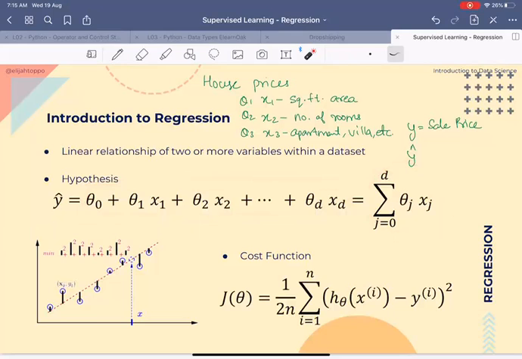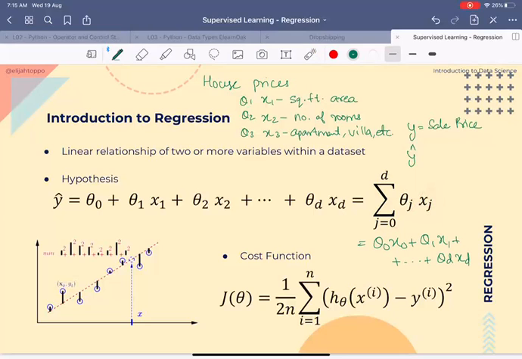Okay, maybe before going further, I'm just confirming everyone understands what this notation means, right? Yes, summation. So this is summation, which goes from j equal to 0 to d, where theta j and xj are the different parameters. This j will take different values, 0 to d, that will replace inside, and they are linked with summation. So maybe let me expand a few terms. This would look like this: theta 0 x0 plus theta 1 x1 plus ... theta d xd.